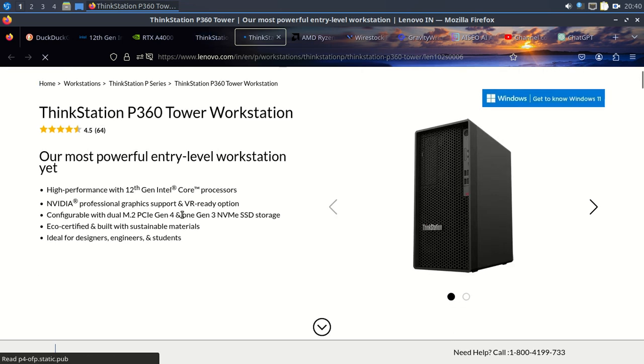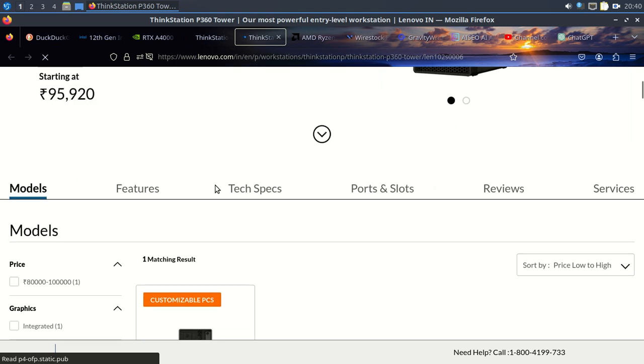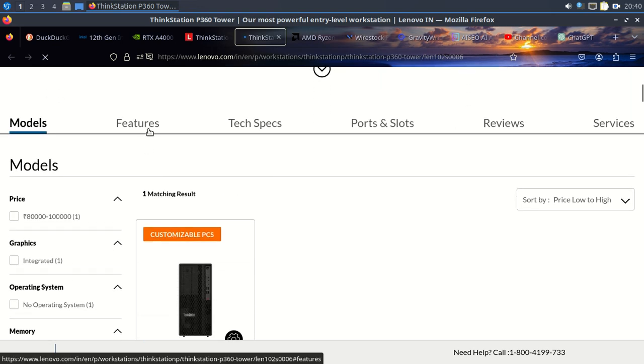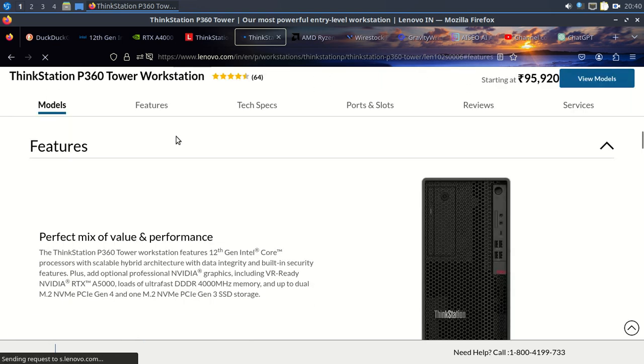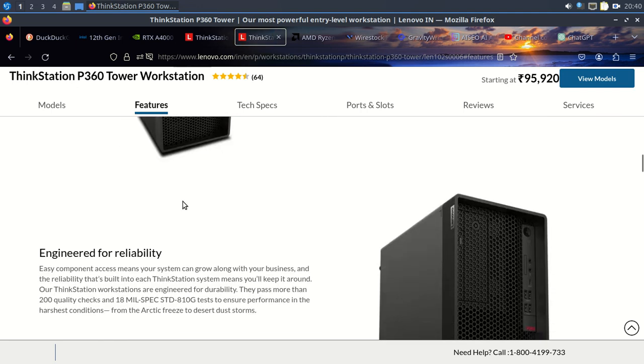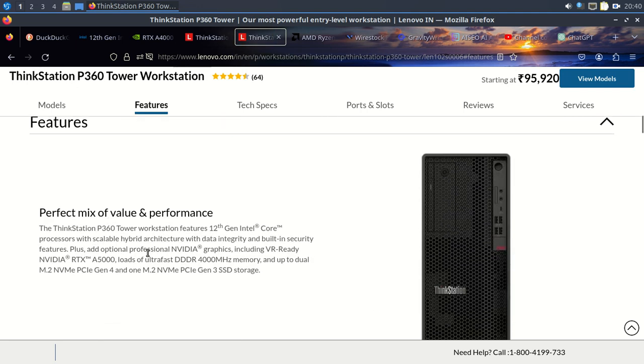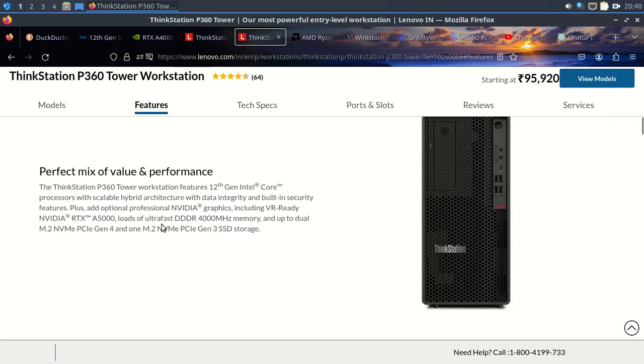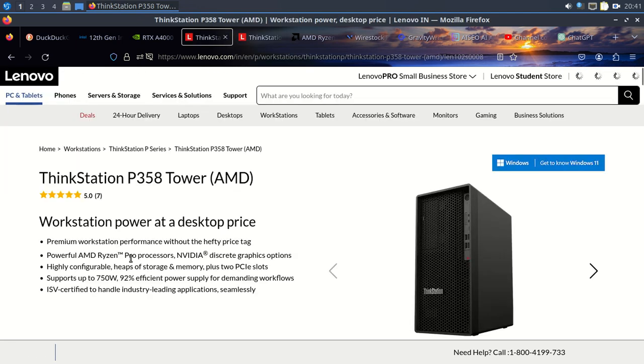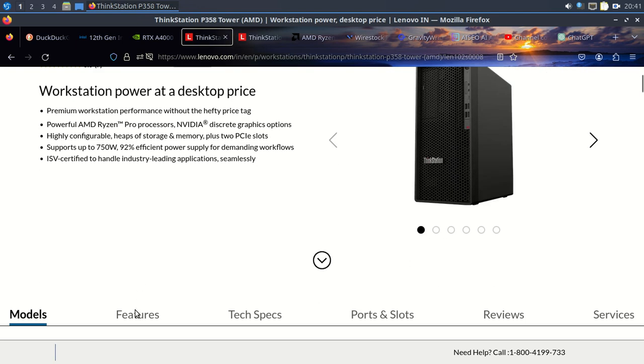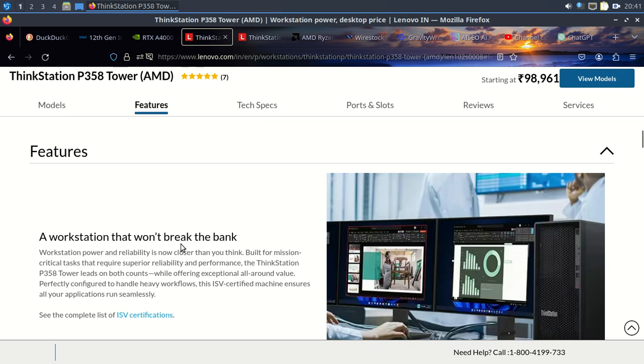P36 workstation, most powerful entry level workstation. So feature, and click on the feature. You can see here perfect value for performance. ThinkStation 12th generation Intel Core, and whereas the AMD, if I click on in here, feature workstation,